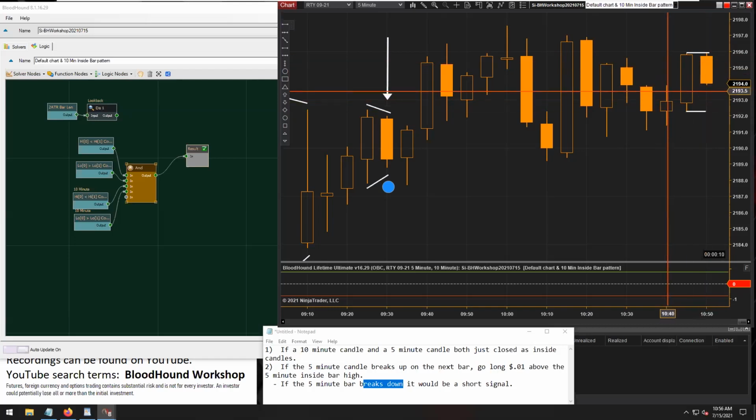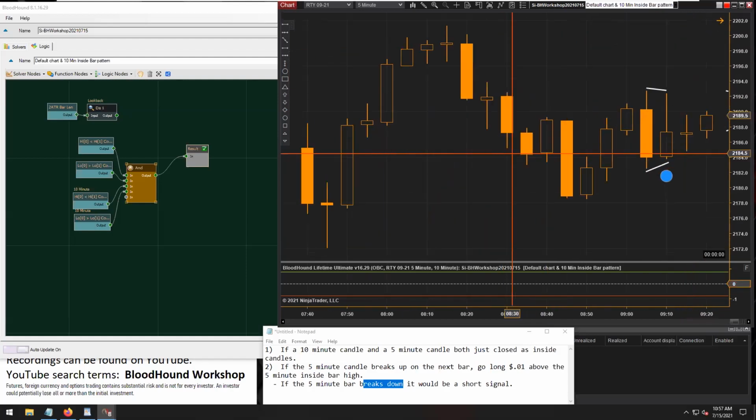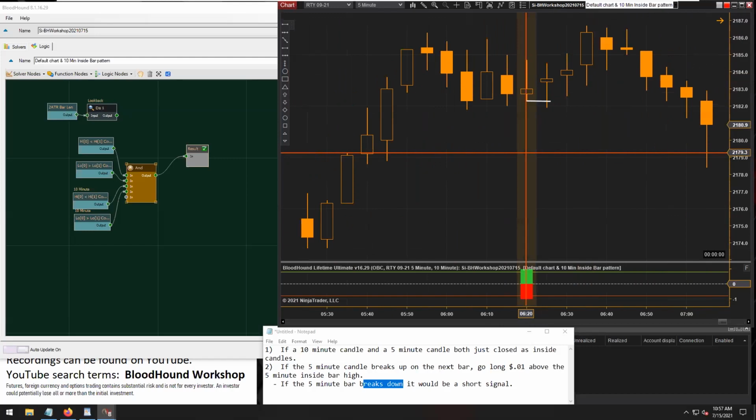Okay. So, breaking everything down into small pieces, we now have an understanding as to what we're looking for. We're looking for the last price to get within X number of ticks of either the low or the high when, let me scroll back here,